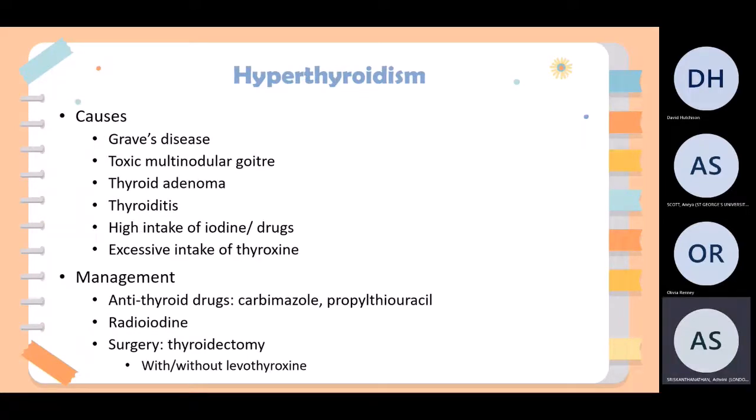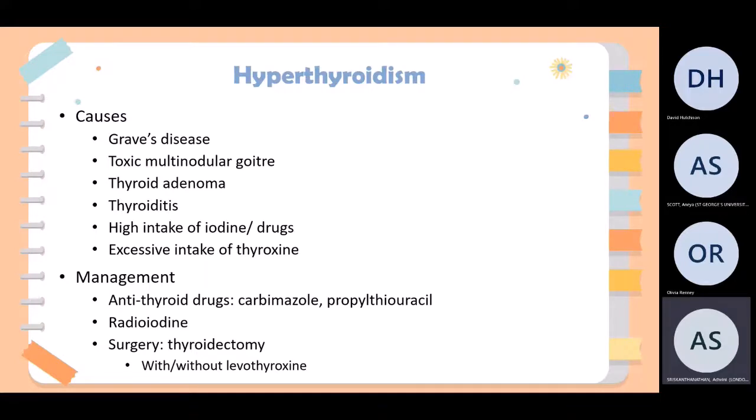Then hyperthyroidism, so you've got your Graves' disease, which is your autoimmune version of it. You can have toxic multinodular goiters, thyroid adenomas, thyroiditis, high intake of iodine or any drugs, excessive intake of any thyroxine,